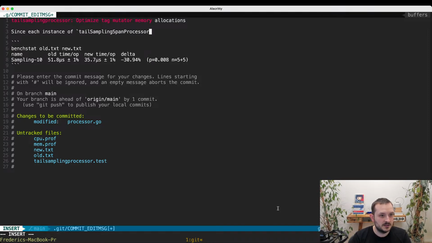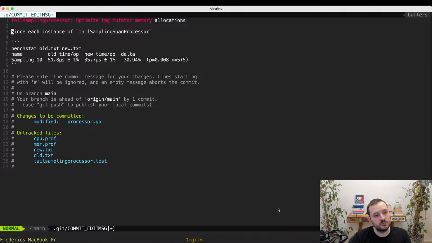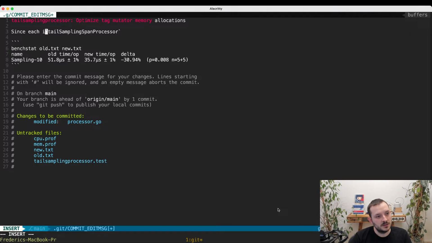Each instance of tail sampling span processor, each tail sampling processor instance